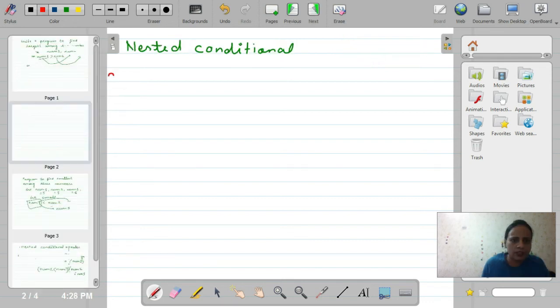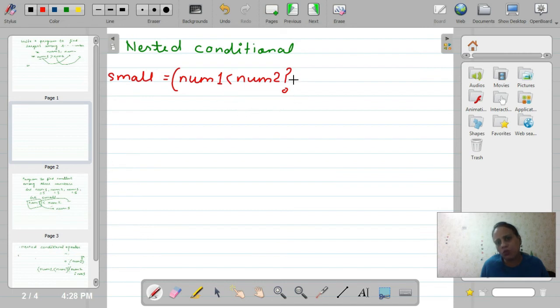So let's say small is equal to, first we check num1 and num2. The first expression is num1 less than num2. If num1 is less than num2, it means now we will check num1 against num3. If this condition is true, the compiler will go here: num1 is less than num3.